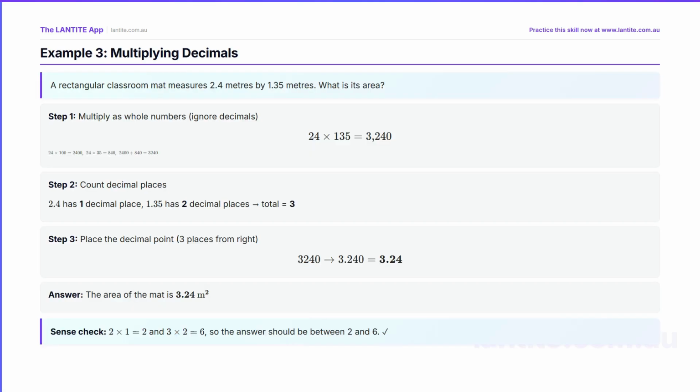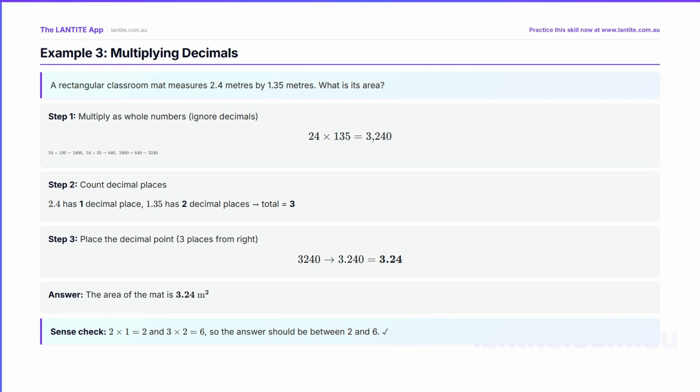Let's multiply 2.4 by 1.35, finding the area of a classroom mat. First, ignore the decimals and multiply 24 by 135. 24 times 100 is 2,400. 24 times 35 is 840. Add those together,